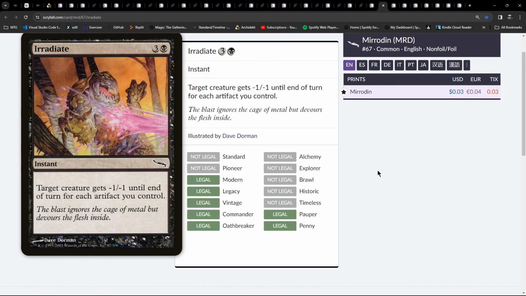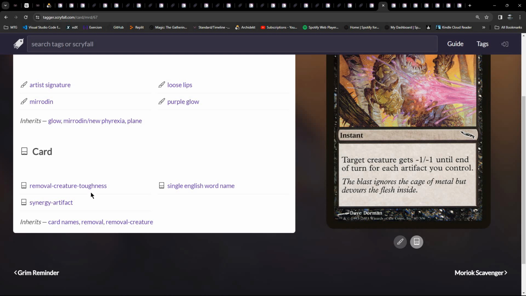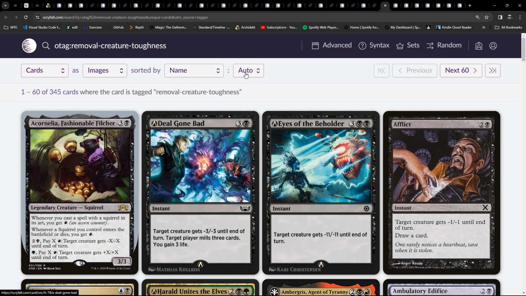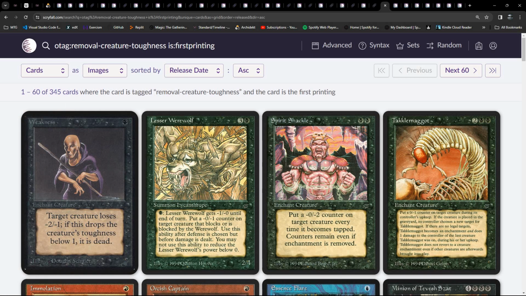Only ever printed in Mirrodin. Irradiate. Okay, removal creature toughness. Yeah, is a thing. And how long has it been around? Well, weakness. Now, in terms of relevance to the set, if you look at it, there's a lot of -2/-2 in the set. So if we did something like this,